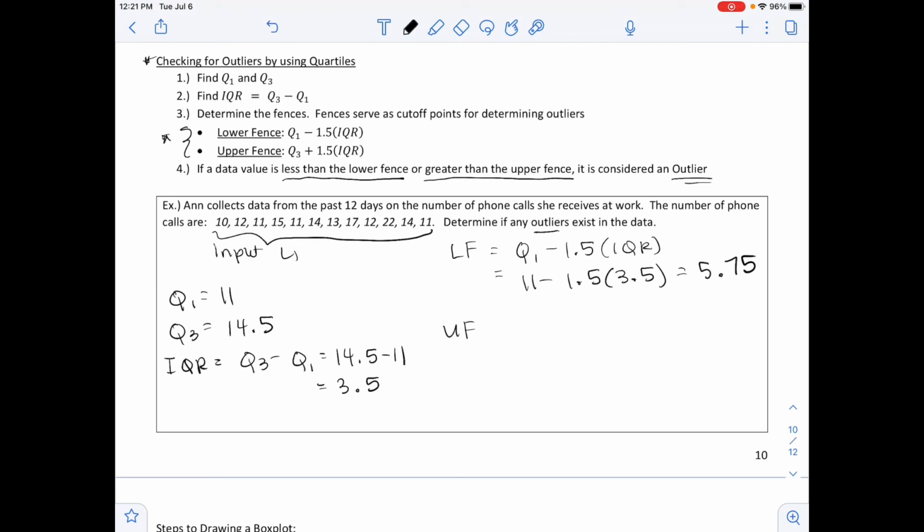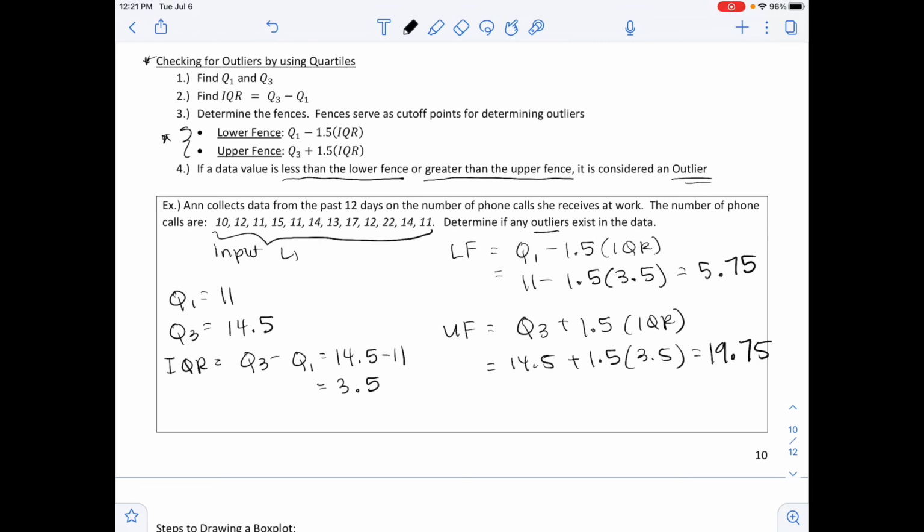5.75. We also need to calculate our upper fence, which from the formula above is Q3 plus 1.5 times the IQR. Q3 is 14.5 plus 1.5 times 3.5. Working this out on your calculator, you get an upper fence of 19.75. So your data values need to be between 5.75 and 19.75 for them not to be